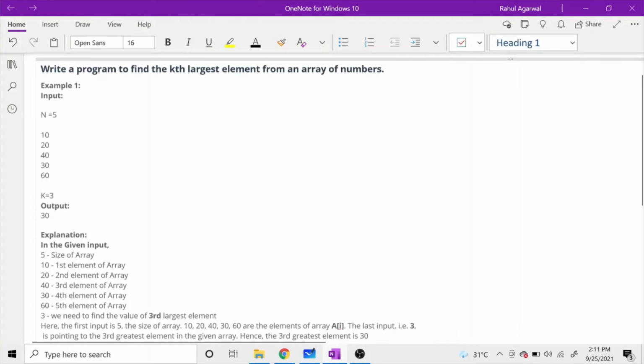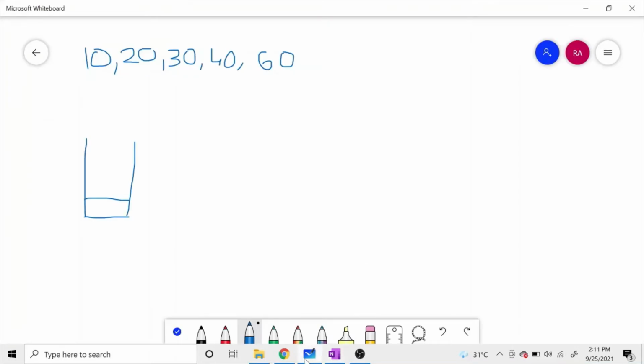In C++ we declare a heap using priority queue. Consider that we have made this heap and this is our array given to us. The heap that we have used over here is a minimum heap. Since we have to find the largest element, we have made use of the min heap.